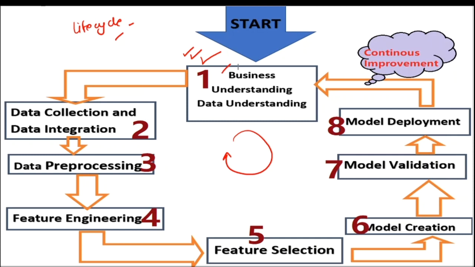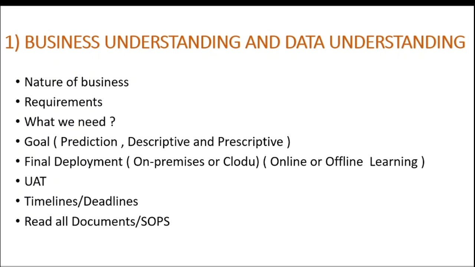So the first step in the life cycle is business understanding and data understanding. These are the two terms, business understanding and data understanding. Here I cover some main points which come under them. Whenever a new project comes into our organization, or any organization, first of all we try to understand the nature of the business, like in which sector they deal, whether it's IT, telecom, logistics, aviation, hospitality, retail, marketing, or pharmaceutical. It could be in any domain.